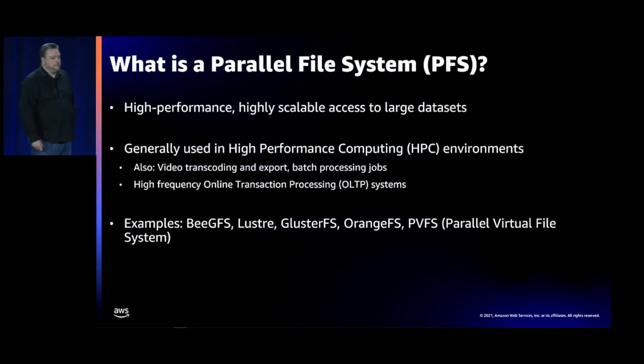So a parallel file system is basically a way of creating a file system that spans lots and lots of nodes in order to give you a highly performant, highly scalable way of accessing data sets. And we usually use these for big workloads that are job-oriented more than anything else. So you've got a big data set of something. We'll talk about some of the industries in a moment. And with that, you run a lot of compute against it, come up with some sort of result, and that gets stored elsewhere. So it's generally batch-oriented, but again, it can be used for lots of other things.